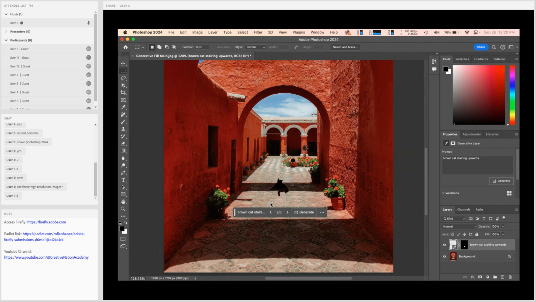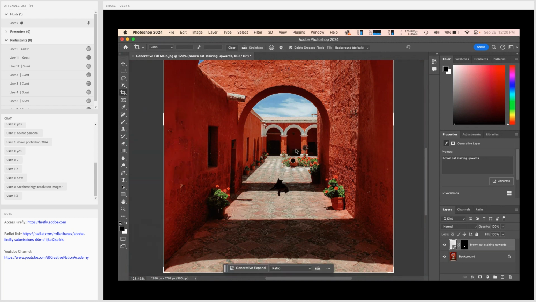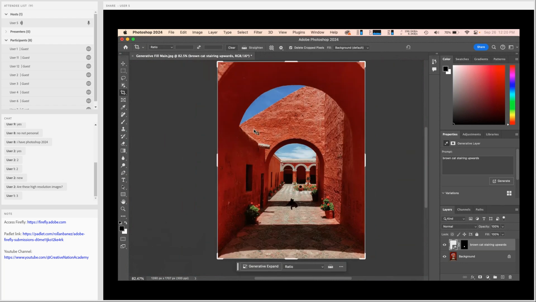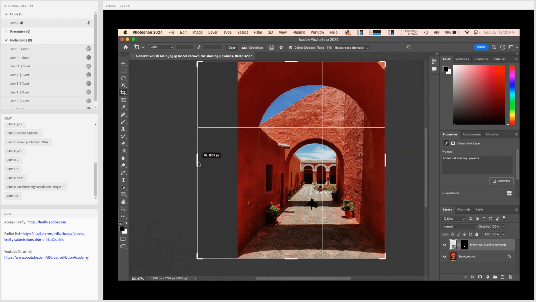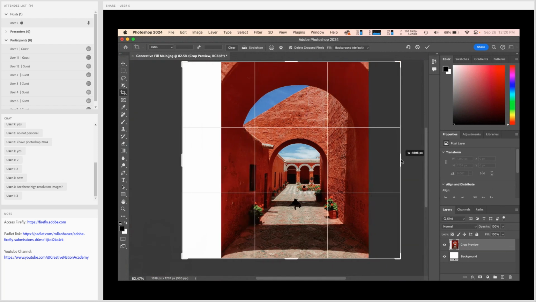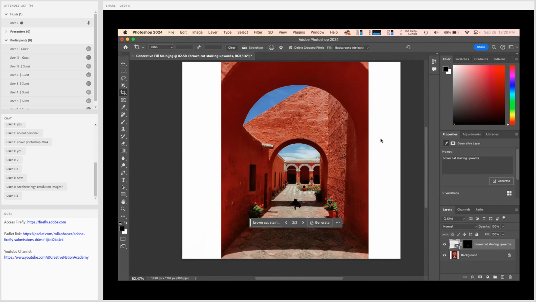Okay, I'm going to demonstrate to you a more practical application of this, but right now I'm just going to use the crop tool inside of this image, and I'm going to show you what we call generative expand. If I click the crop tool here, there is the generative expand feature, which was updated just months ago. And with this, you can easily convert a photo such as this one, a portrait photo, into this one.